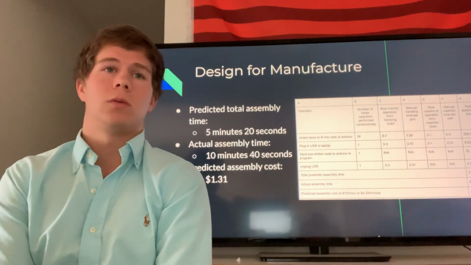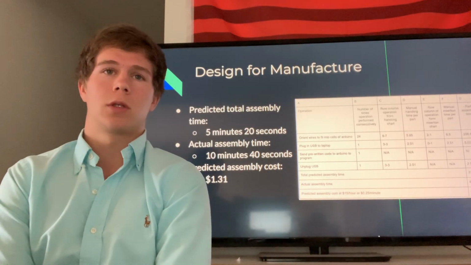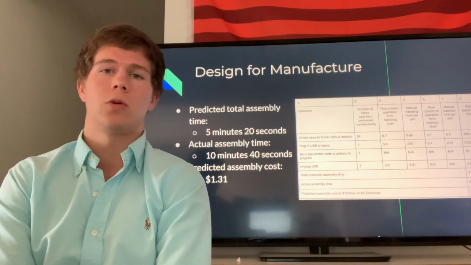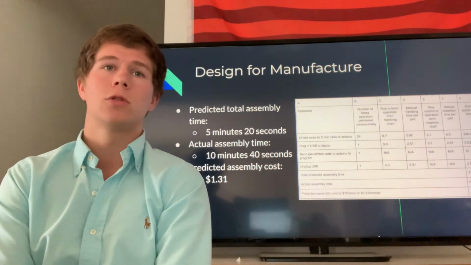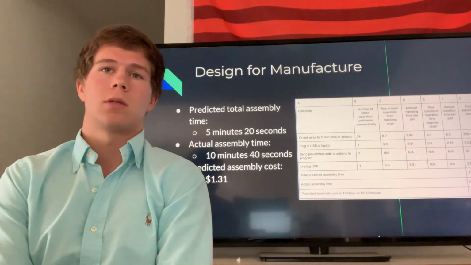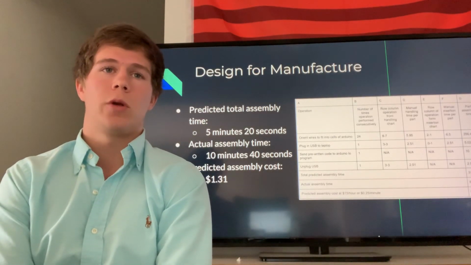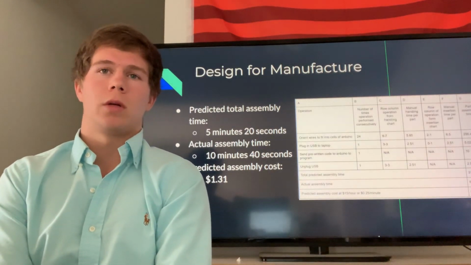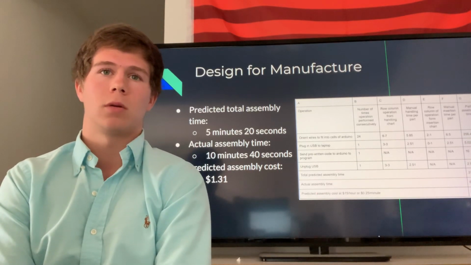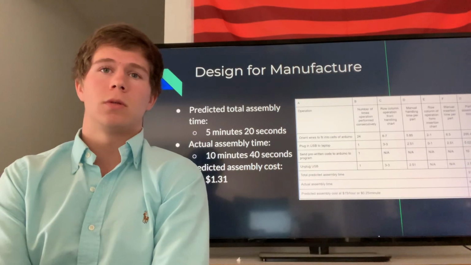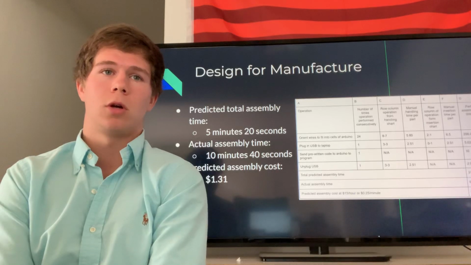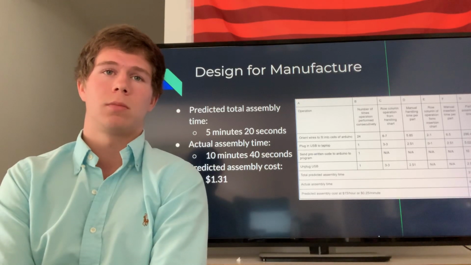The next task would be plugging in the USB, which connects the Arduino to the laptop, for which the manual handling time per part was calculated to be 2.51 seconds, while the manual insertion time per part was also calculated to be 2.51 seconds. The third task is a simple click of a button, which is meant to send the pre-written code into the Arduino. Since this step could not be measured against the chart and realistically took less than a second to complete, we used the 10 seconds that the computer actually takes to upload the code to the Arduino to determine the total part assembly time for this part.